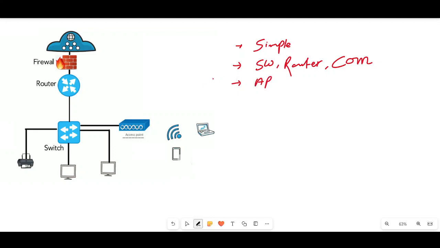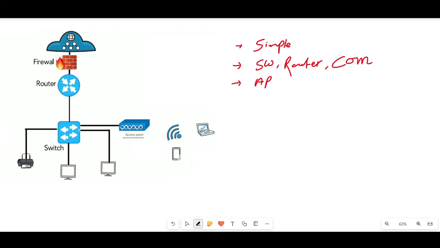Now we will give you a basic overview of this architecture. Here the switch works as an L2 device. Why? Because in the OSI model, the switch is a layer 2 device.